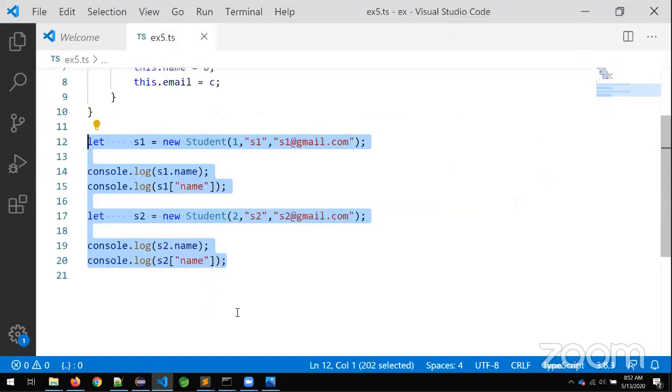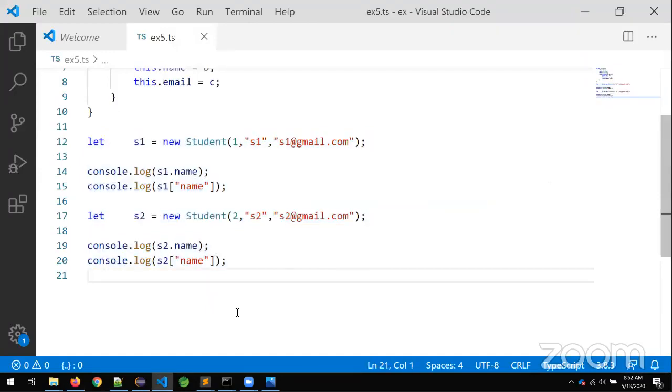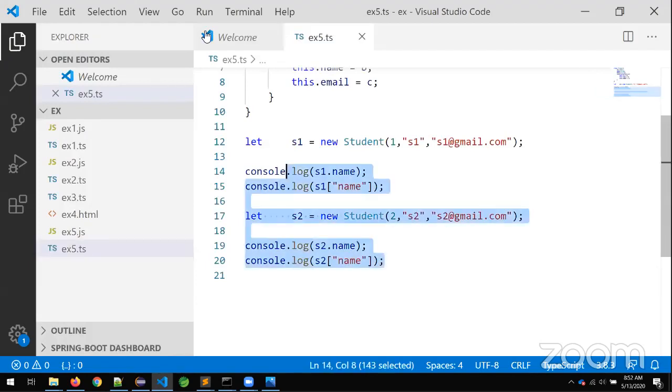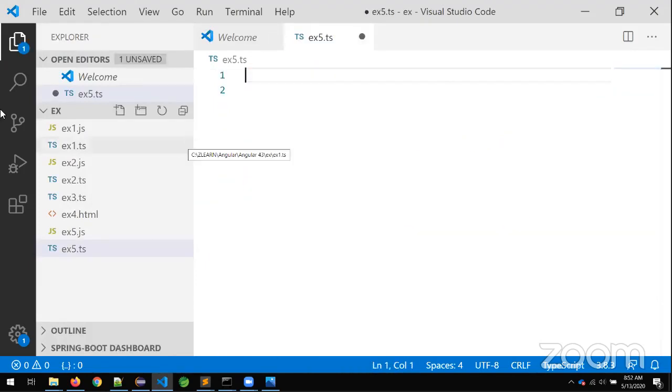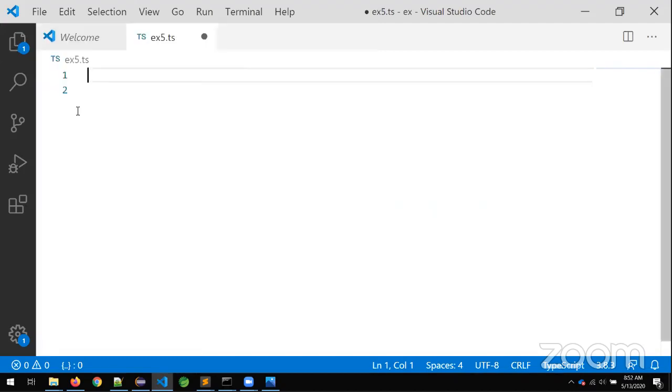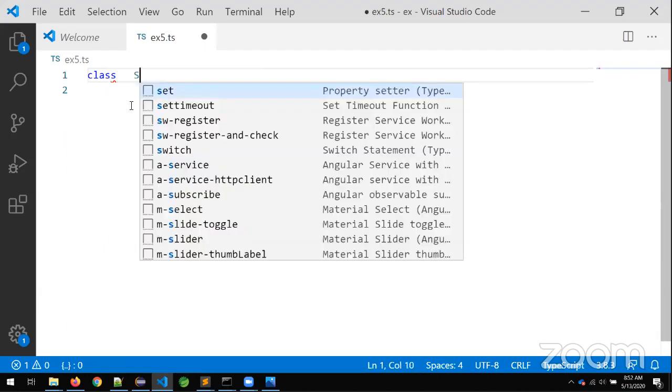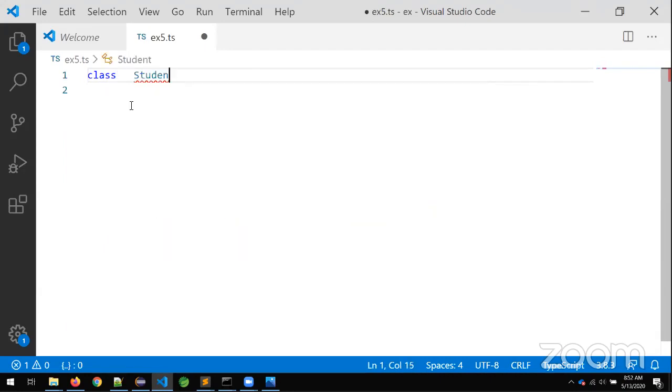Okay. Now observe, sir. Let us revisit this example once again. How to create a class. So this is the first class. That is why I'm explaining this again. Observe. What is the first step, sir? Class. What is the class name I'm taking, sir? Of your choice.